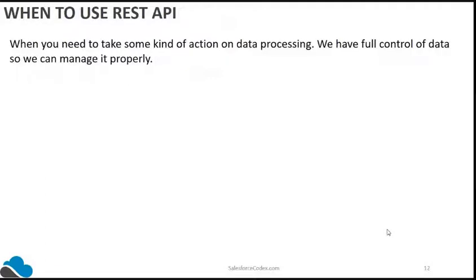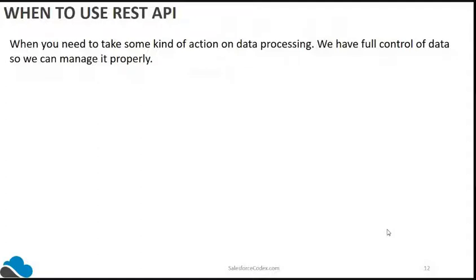Now, when to use REST API? We already discussed that when we need to take some kind of action on the data processing, or you want to take full control of the API integration, we should go with the REST API.